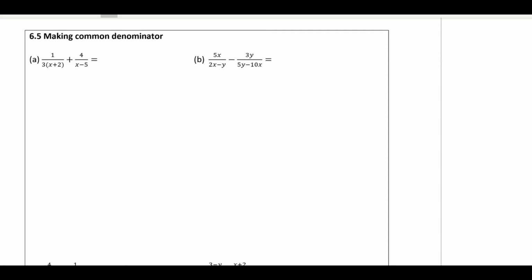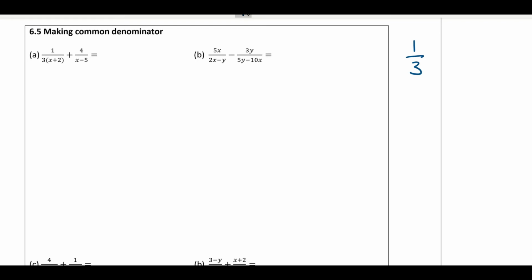Making the common denominator is very, very important. In your exam, 20% of the paper will be algebra, and in algebra, this is the place where students lose a lot of marks. So before you do this common denominator, let me ask you,